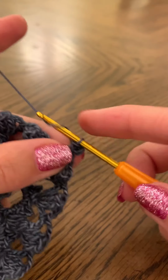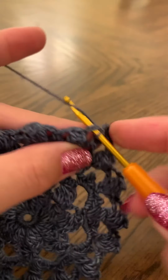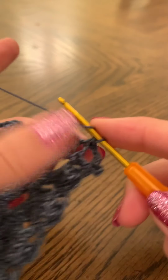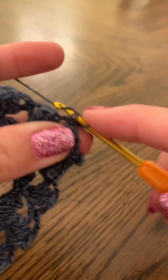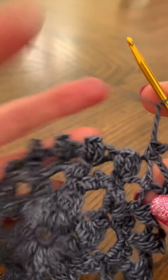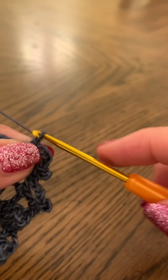and chain 5, 1, 2, 3, 4, 5, single crochet into the next space here. Again picot. So the picot follows every single crochet in this round. Again slip stitch into the single crochet made, and again chain 5, single crochet into the next space here, followed by a picot out of chain 3,